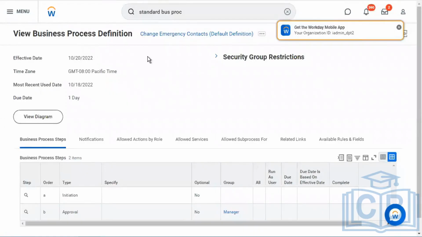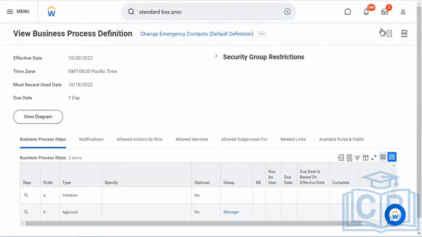We are at this business process, change emergency contact.